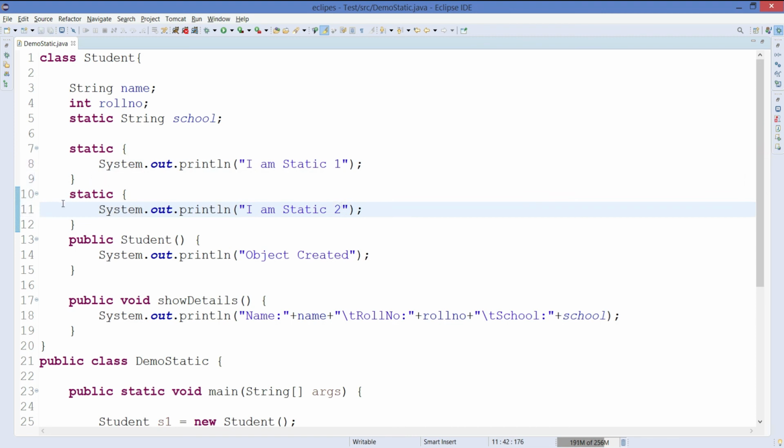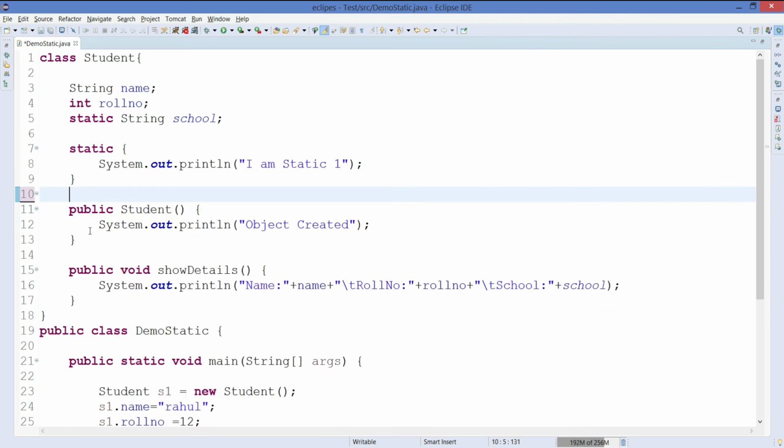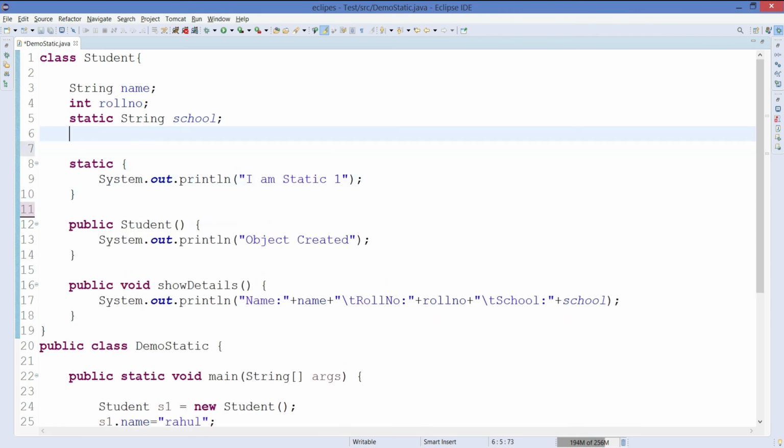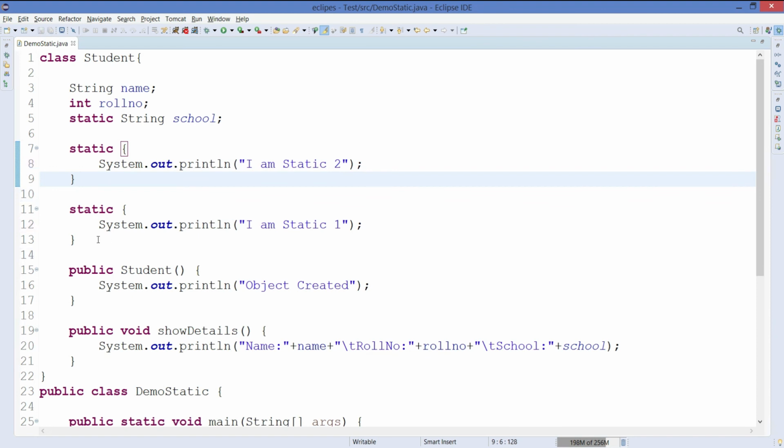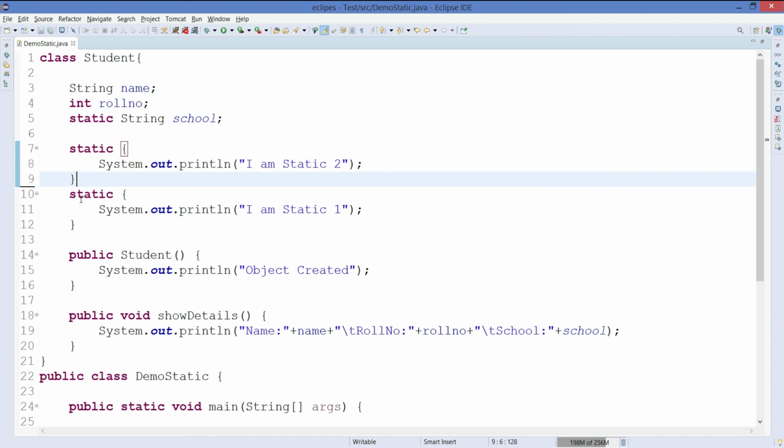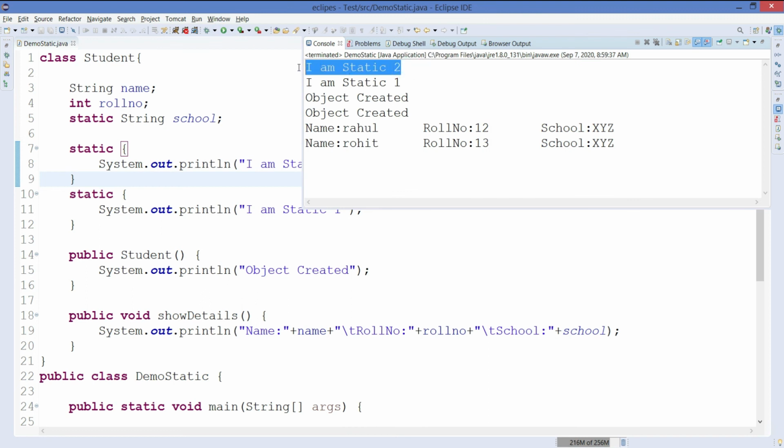Now for example, I cut this static block and paste it inside here. If I run the program, you can see the static block which comes first in the sequence will execute first, then the second one, and then the objects are created, and the rest of the things you know.